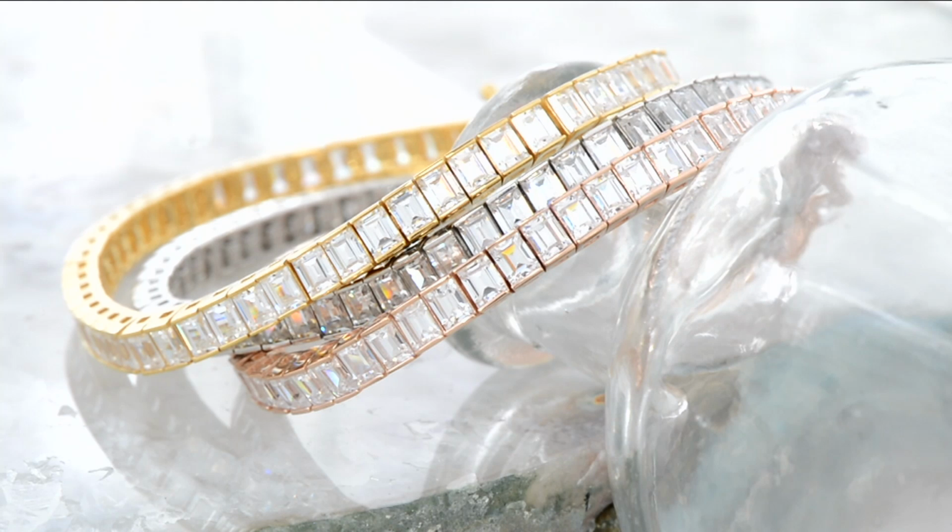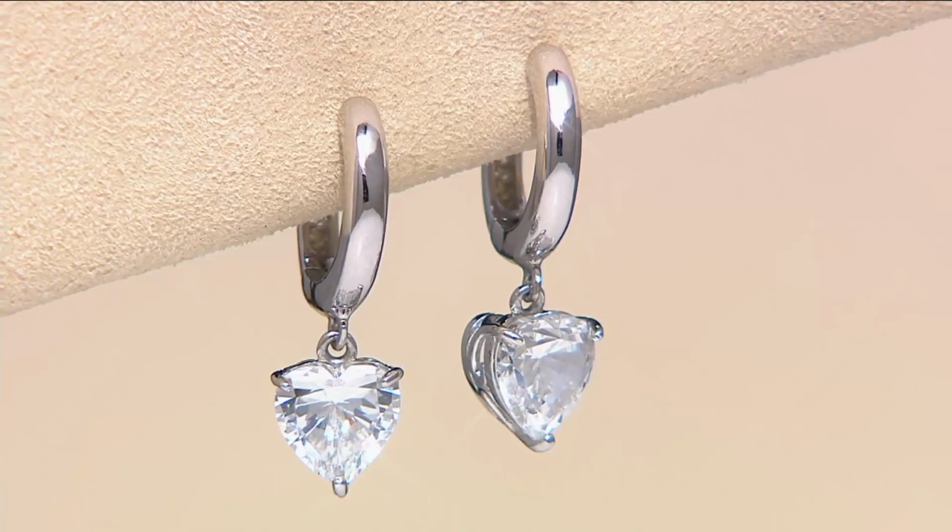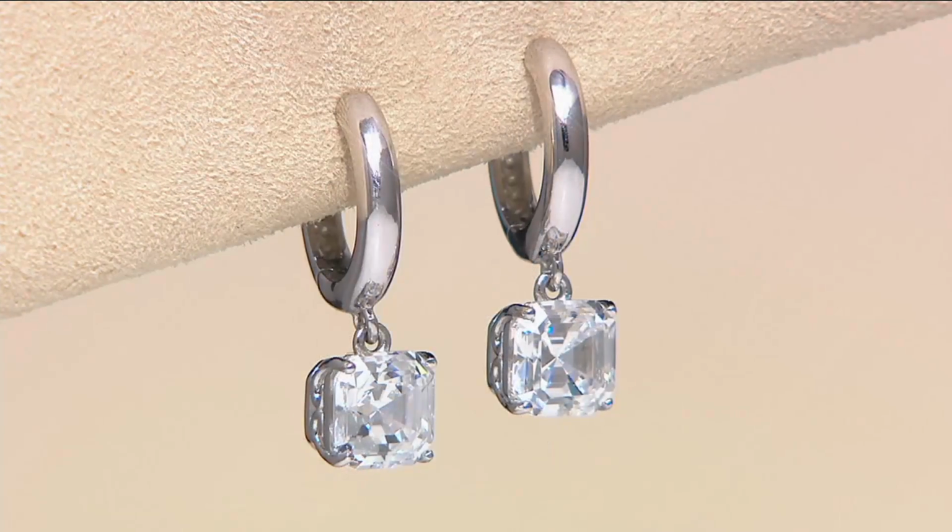Pretty fine. So what if you want to get married? Oh, well, I'll tell you that in a moment. First of all, we have these little hoops, but what's really cute is hanging from the hoop are different